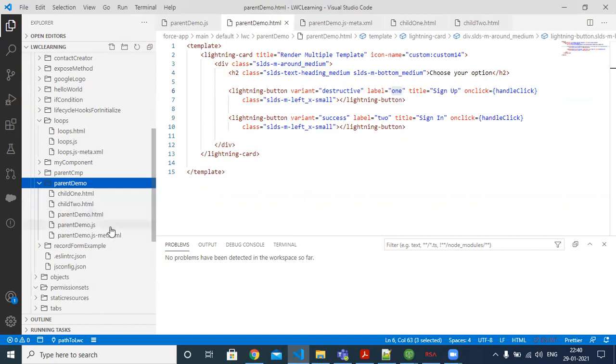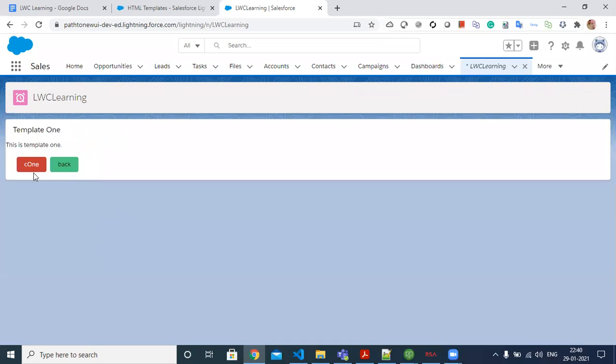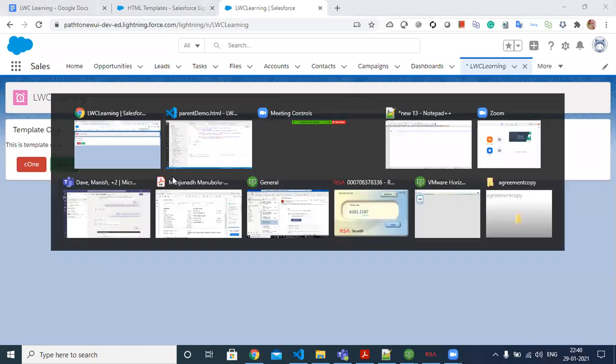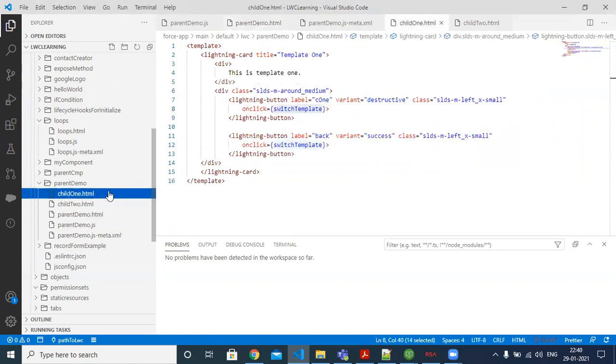Initially, when the page is loaded, I want the parent demo.html file content to be available. When I click one, behind the scenes it is invoking the child1.html file content.